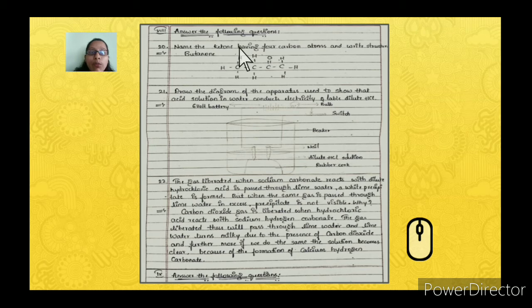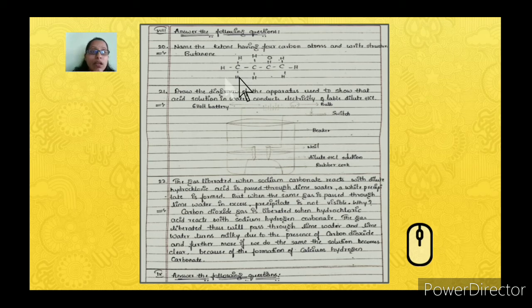Ketone has a C double bond O structure, and with 4 carbon atoms it is named with "BUT". So you can see the structure here, C4. The first C has 3 H, the second C has 2 H, and the third C should not be connected to any H, because if it becomes connected to an H, it becomes CHO, that is an aldehyde. So we should not connect it either at the last C or the first.